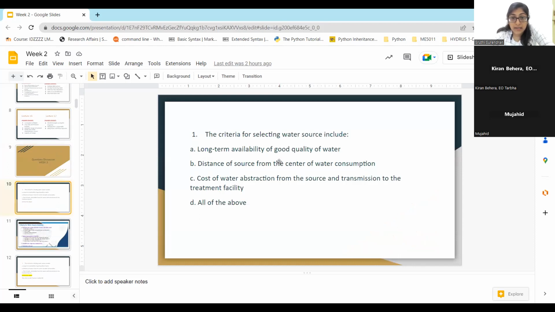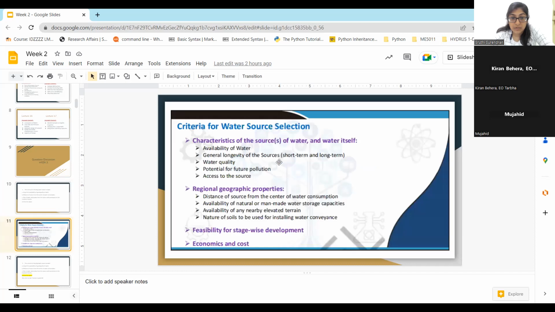The criteria for selecting water source include long-term availability of good quality of water, distance of source from the center of water consumption, or cost of water abstraction from the source and transmission to the treatment facility. The answer was based on this criteria. There are 4 major criteria, which includes first the characteristics of the